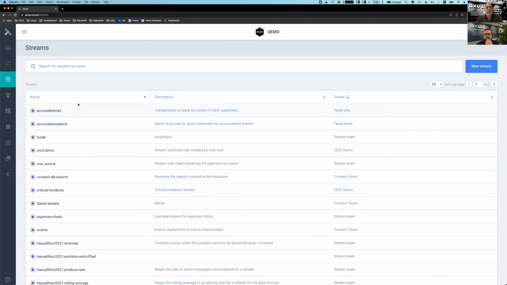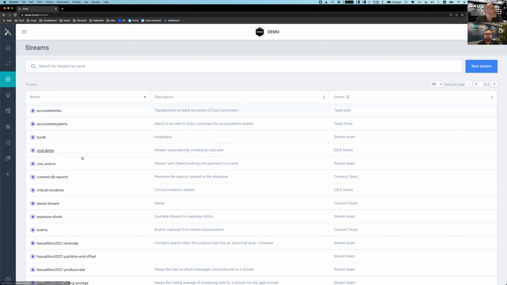go here on the left-hand side, one of the crucial things for a central Kafka is the ability to see what is already on the platform. And this is probably one of the first questions that you get. If a new user comes along, they want to see the usefulness of your platform. Obviously, you would get the question, what is already on there? Is there payment information? Is there lending information? Is there mortgage information? Is there something that I could already use which would draw me to your platform?